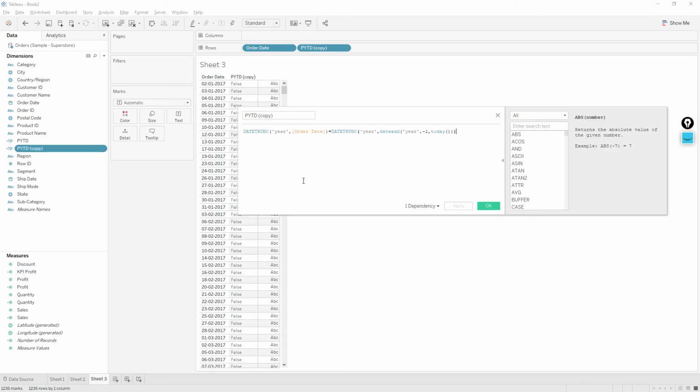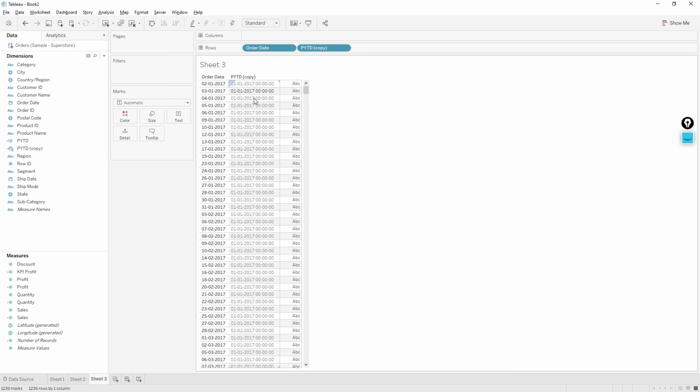Right click, edit, and I'm going to comment out this condition. Since we are truncating the date on the date part year, it will return the starting date of that order date. So for example, for 10/1/2017, the year's starting date is 1/1/2017.